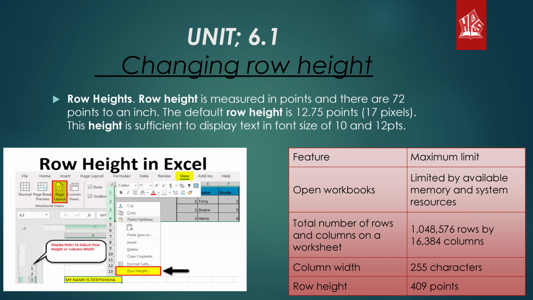You will recall that formatting allows us to improve the appearance of our spreadsheet. One way of doing this is by changing the height of a row. We can increase or decrease the height of a row to suit our need. Row height is measured in points. Each point is equal to 0.035 cm. The default row height is 15 points. Row height can range between 0 to 409 points.